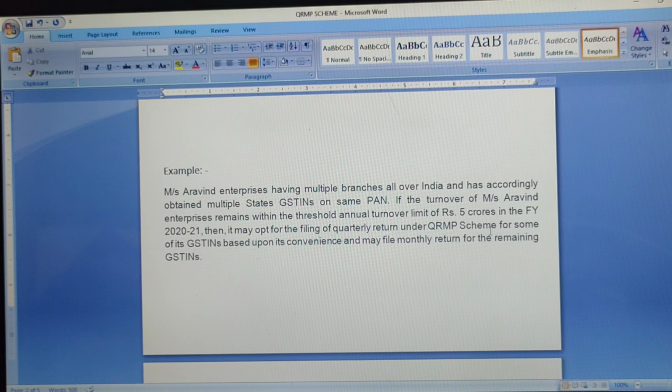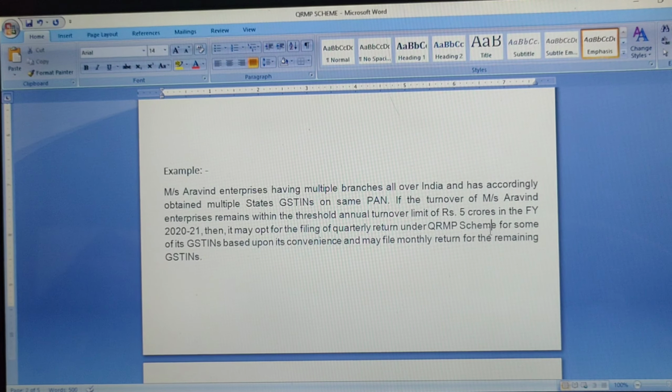So it has the option to choose this scheme for some of its GST numbers and continue monthly returns for other GST numbers, subject to its total turnover not exceeding the threshold limit of 5 crores